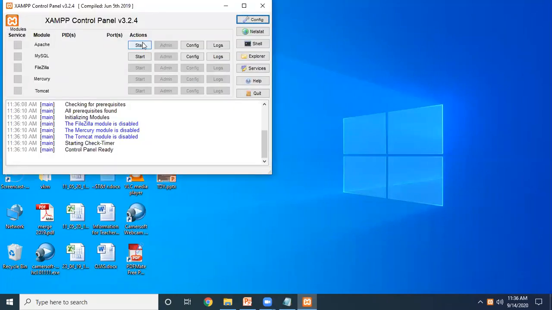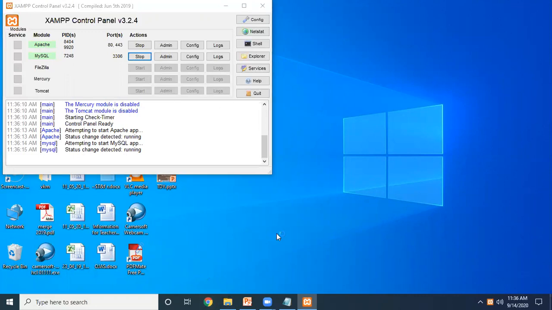Here start your services of Apache and MySQL. Green symbol indicates your server is running.